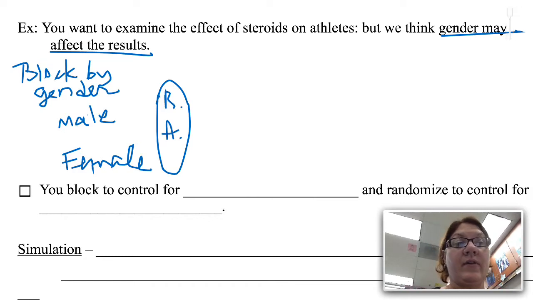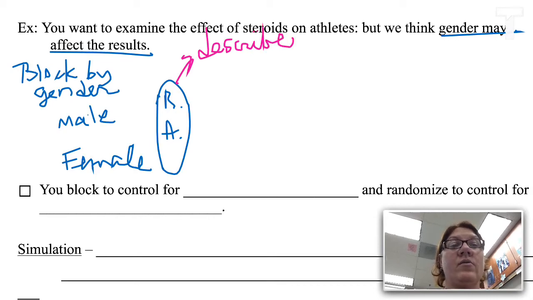And again, we still have to talk about exactly how we're randomly assigning using some probability model like a table of random digits. And we can describe this later. So we will describe how we're going to do it, because these directions need to be rock solid for somebody who's going to follow my experiment. And so then from the men, I'll have 2 experiment groups, and from the females, I'll have 2